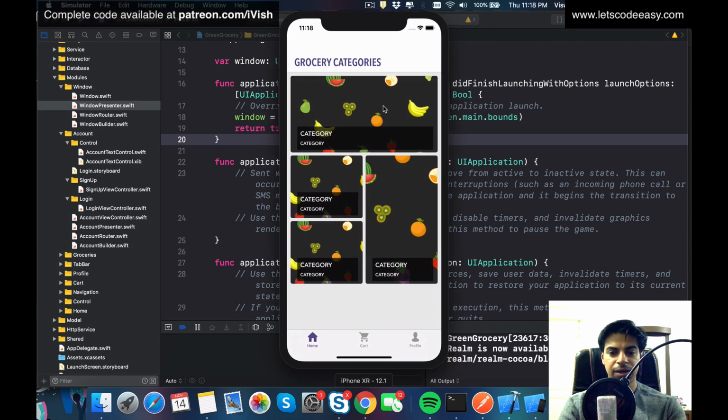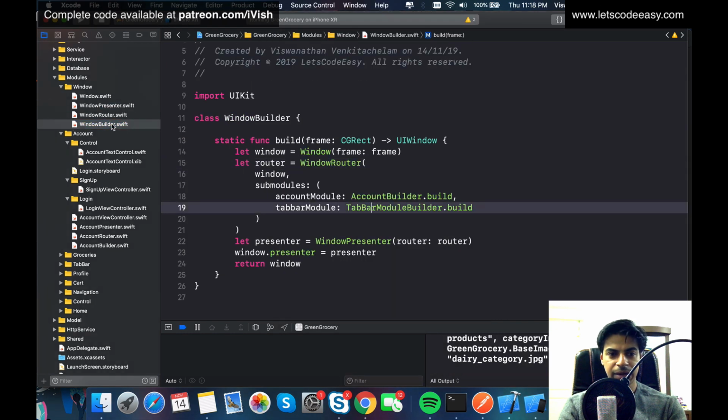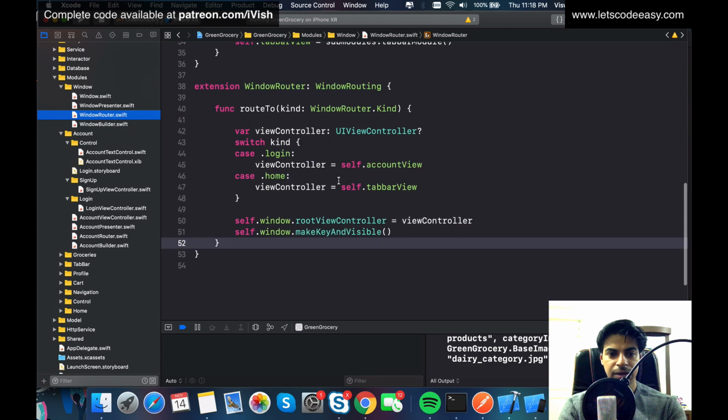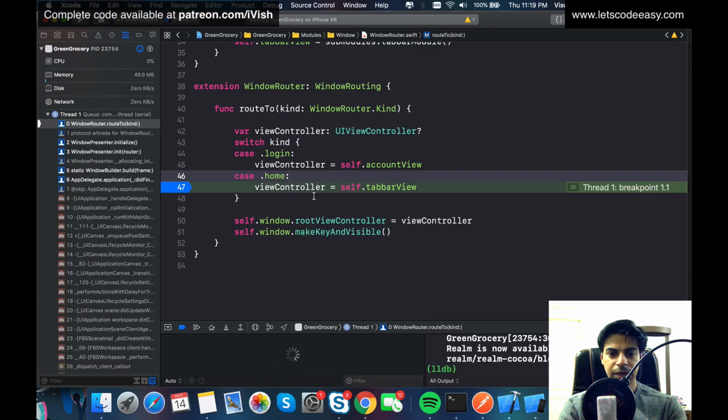See, it's working. So if you want to verify it, let's keep a breakpoint and see in the routing. It should come here. So it's coming there